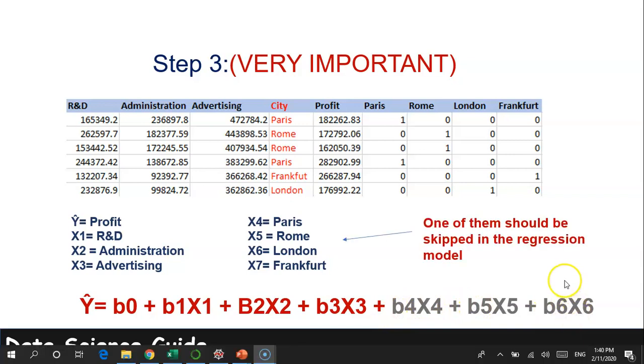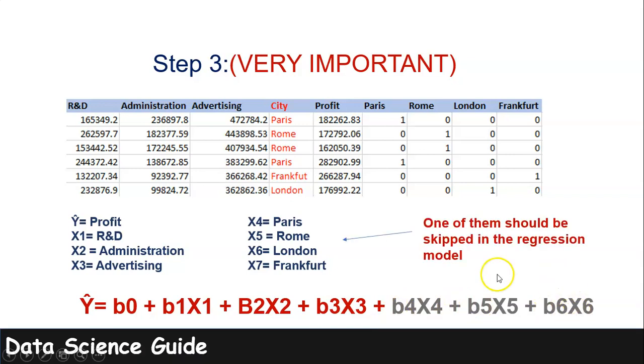So just keep in mind, each time you should remove one of the variables and keep the other. So the number of dummy variables every time should be n minus 1, where n is the number of variables. So for example, here we have 4 variables. So 4 minus 1 is 3. So this is 1, 2,